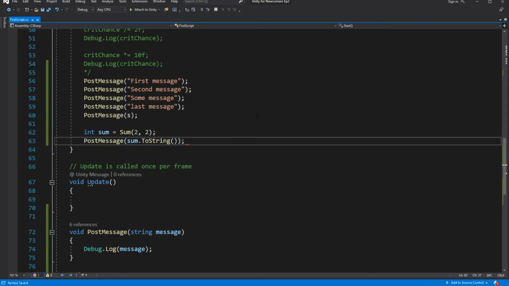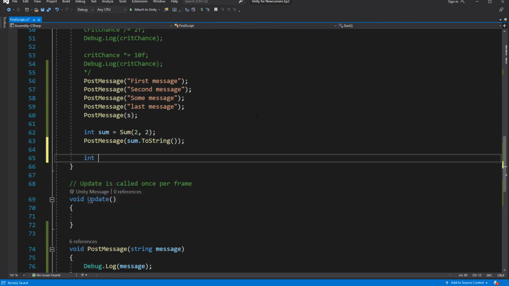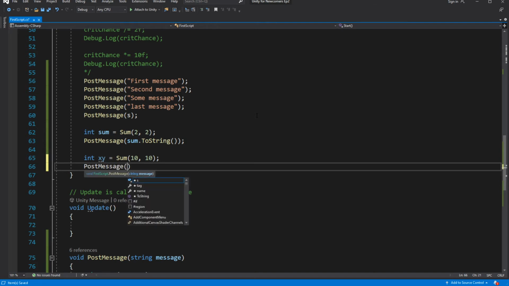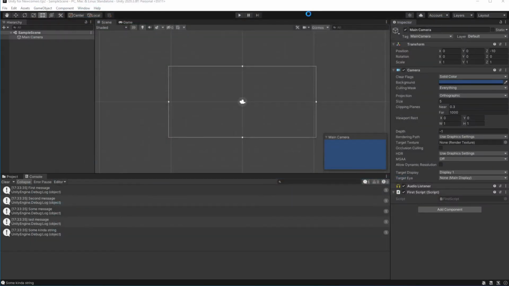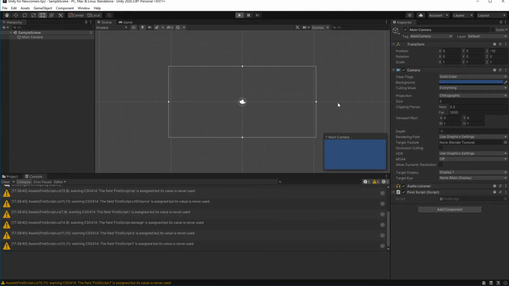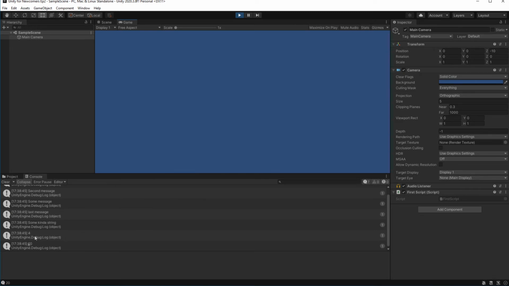But our variable is an integer, so simply call toString on it to convert it to string type. Good, as you can see, it works.